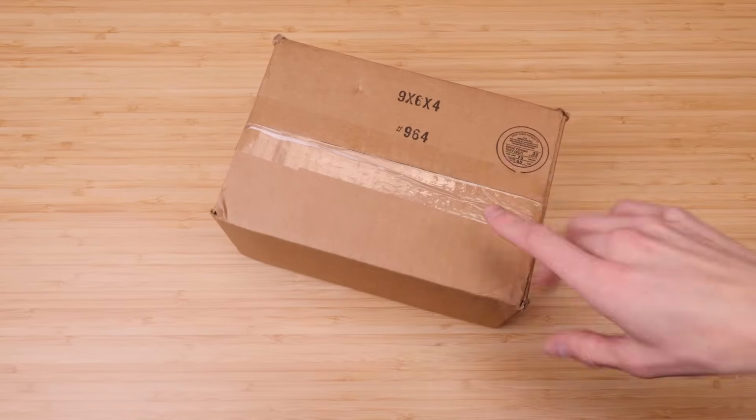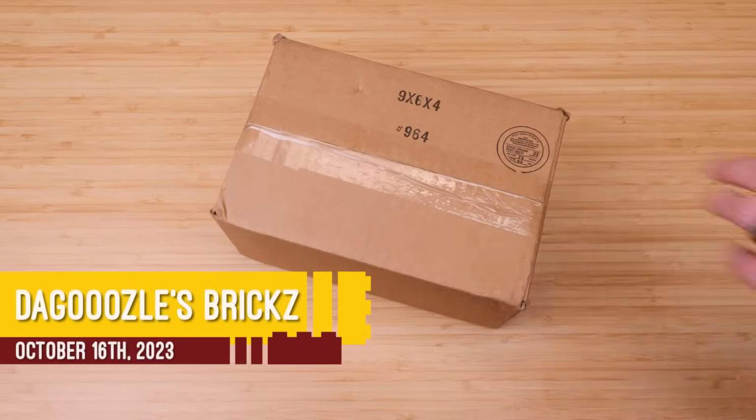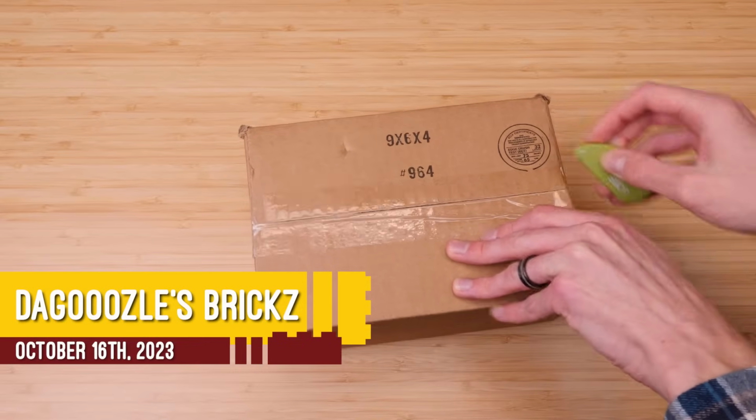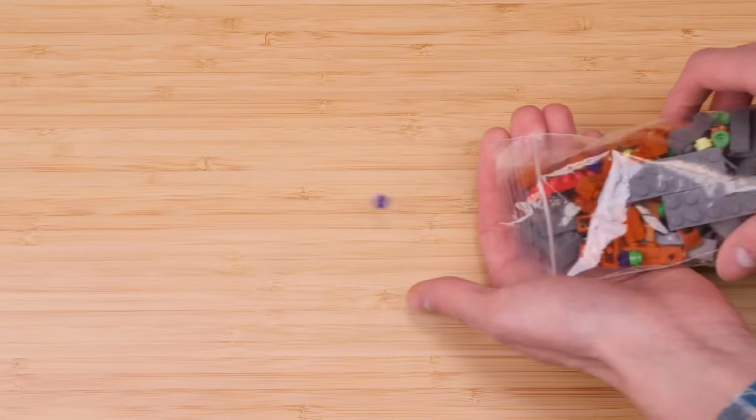That's that order. We've got some more island castle pieces, but also some fun new stuff. And I mean, it's in a box. It's gotta be good. Let's start with this bag. It looks like it's got a lot of